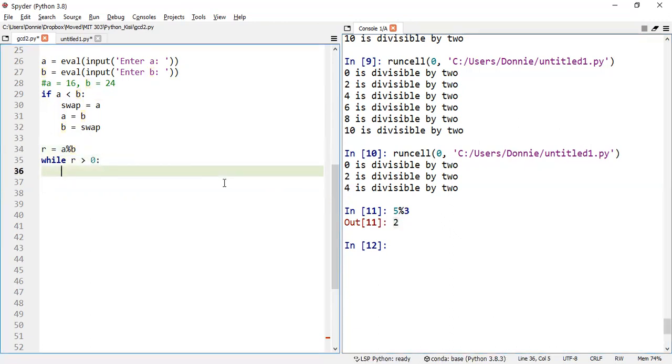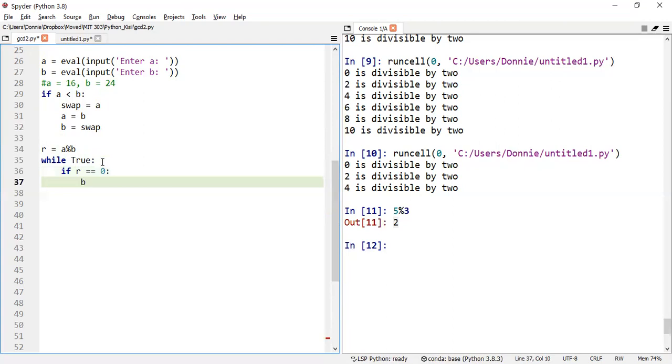Now here I can say, while true, and then here the first thing I say, if R equals 0, I'm going to break. Okay, so that will ensure that when R is 0, we will not do anything. Okay, so we want to do something when R is not equal to 0. And that something we want to do